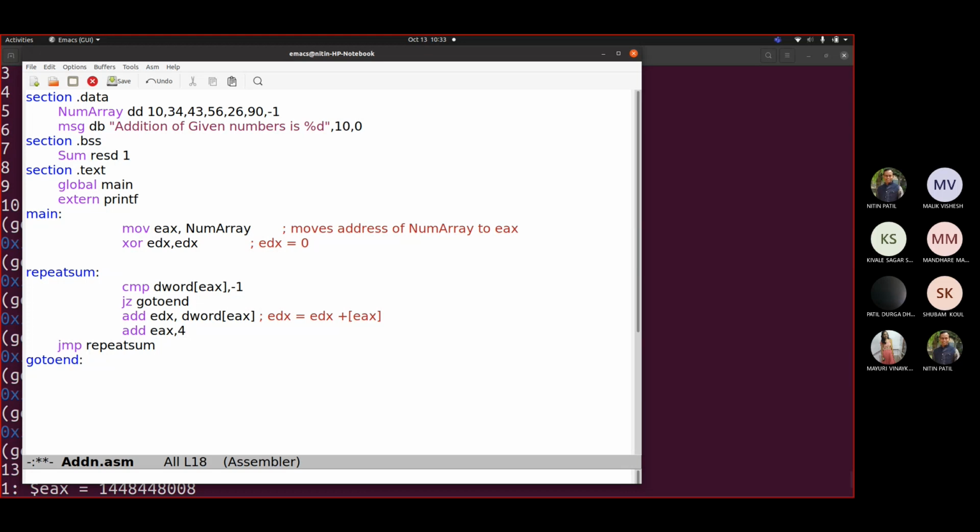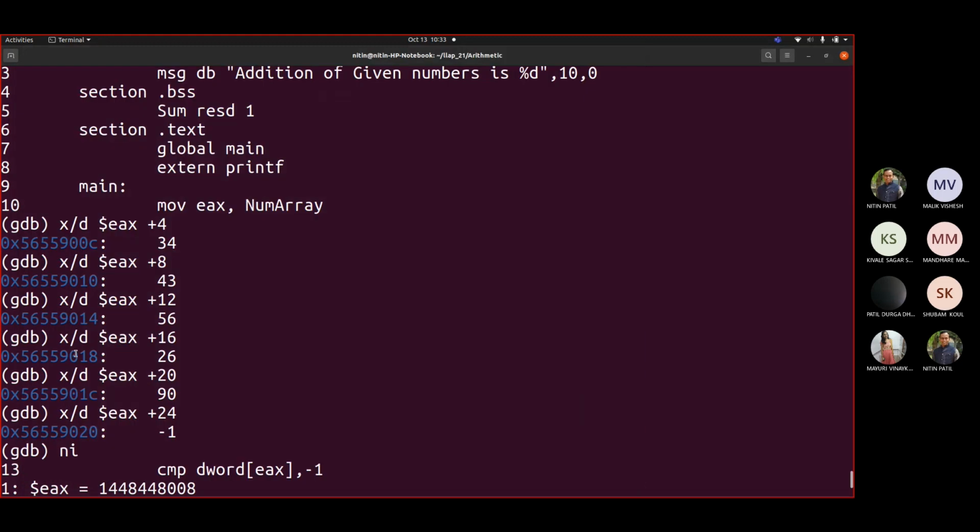Okay, and this would be simply because we are not comparing anything, we are not checking the condition. That's why it should go to this repeat sum. Fine, and then you have go to end. Fine, so we will display the sum later, but let us check through the debugger.